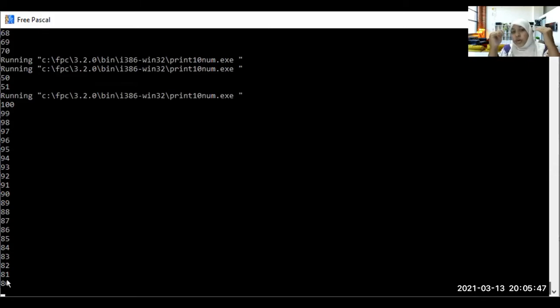If you use for to do, it means ascending order, from the small it will go up. If you use for down to do, it comes in descending order, from the largest number to the smallest number. Now understood?